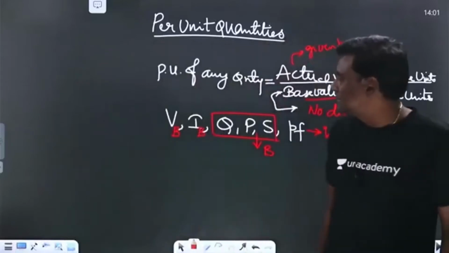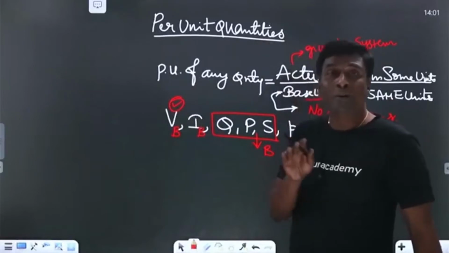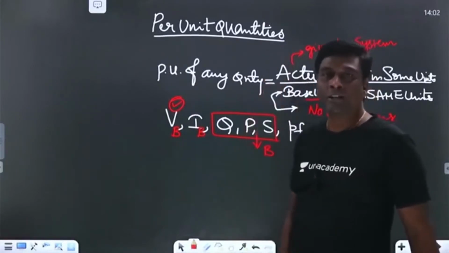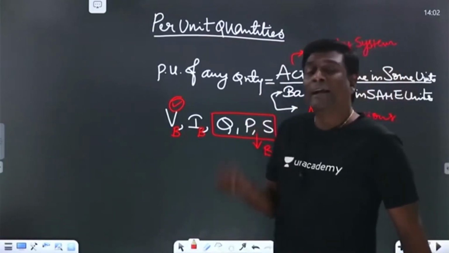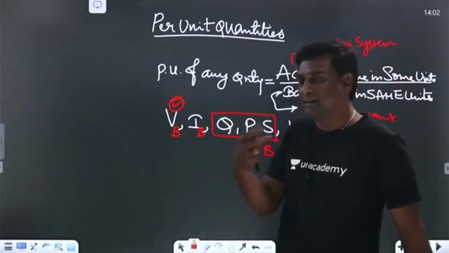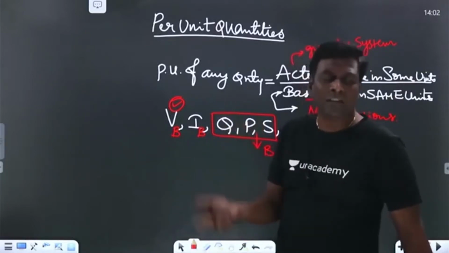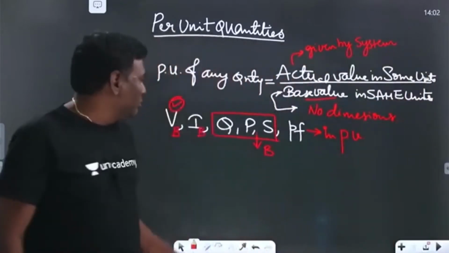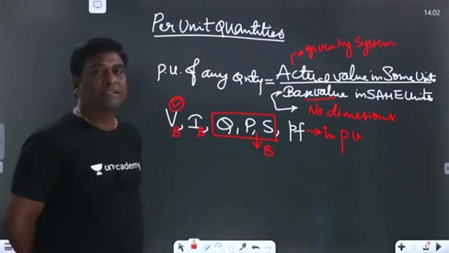What are those two bases? Voltage base we are going to consider. Why? Because voltages from our plug point to the national grid, everything we know. How much should be the voltage across your wall outlet? Maybe 230 volts. Line to line, 440 volts. Prior to the distribution transformer, line to line, it will be 11 kV. Prior to that, it can be 33. Prior to that, it can be 66 or 110 or 132 or maybe 220 or 400 or 765. So voltages from here to the national grid, everything we know. So voltage base we are going to consider.